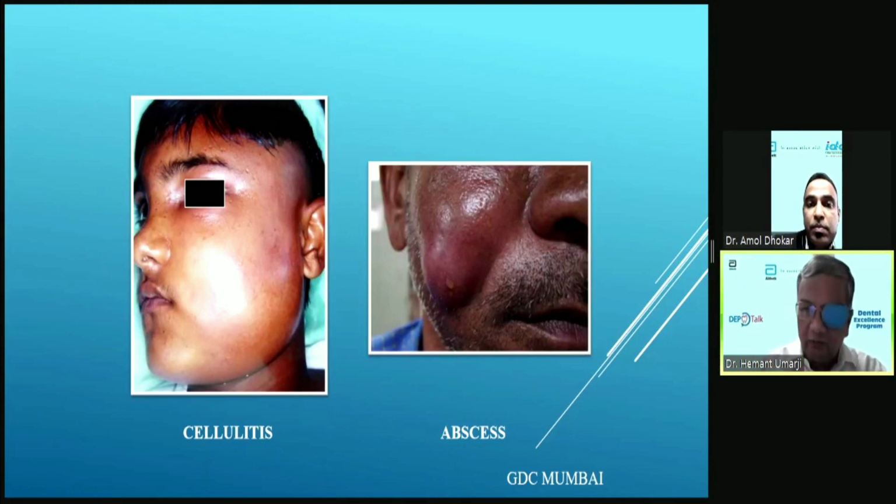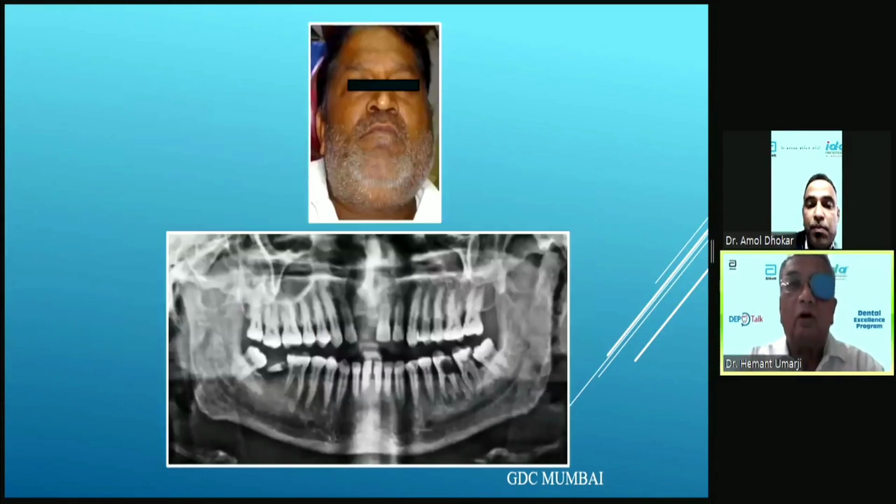Now, in short, we have come to the swellings. So this is the infectious swelling. Now of all the conditions which come to a general dentist, the most dangerous is Ludwig's angina. That you must bear in mind. So any time you see a patient who has a swelling in the submandibular region, and the swelling extends from the right side to the left side, and you ask the patient to raise the tongue, and the tongue is elevated, the floor of the mouth is elevated, that is a very dangerous condition. That is called sublingual and submandibular space involvement, Ludwig's angina.